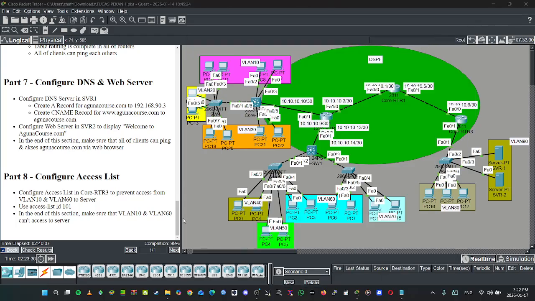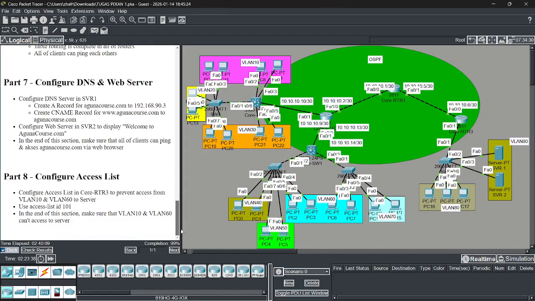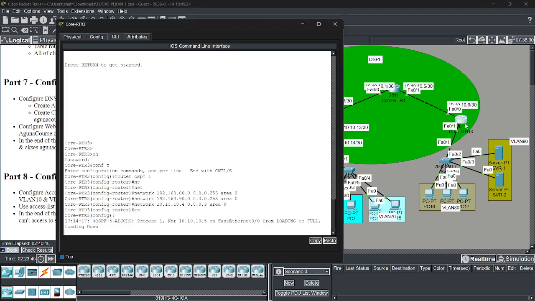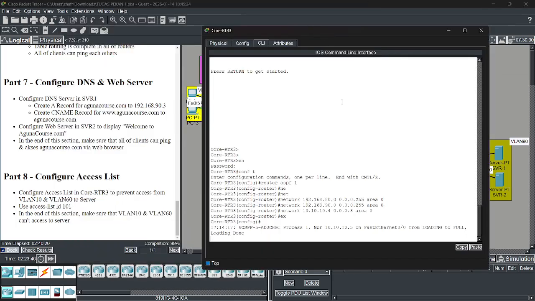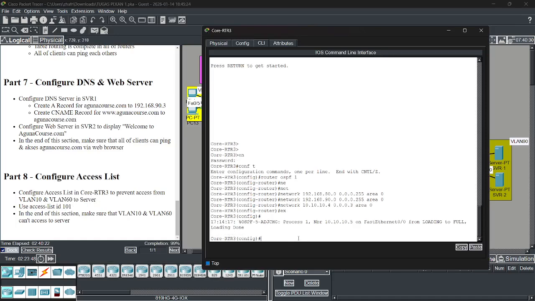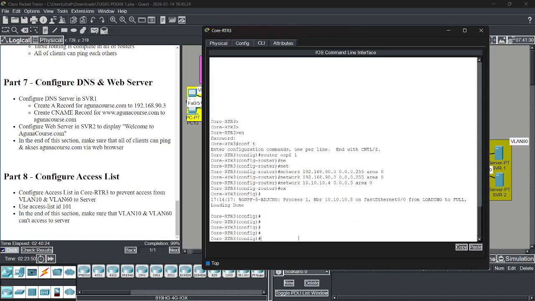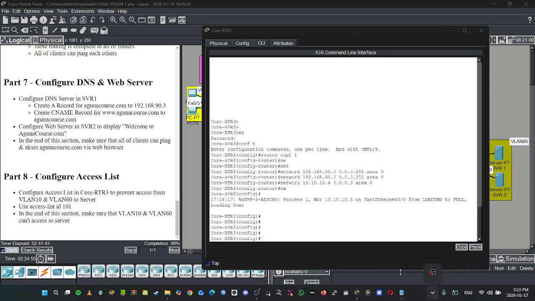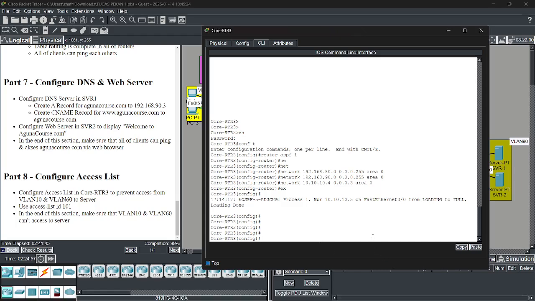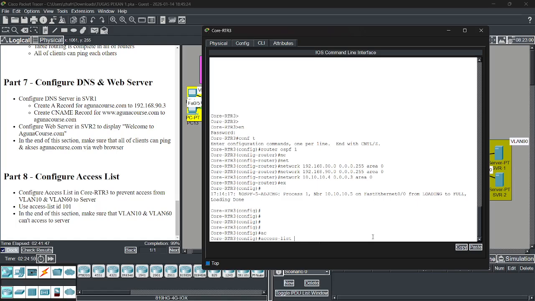Okay, the last, configure access list. We must configure this in router 3. Okay, this is the last, I guess. Access list.